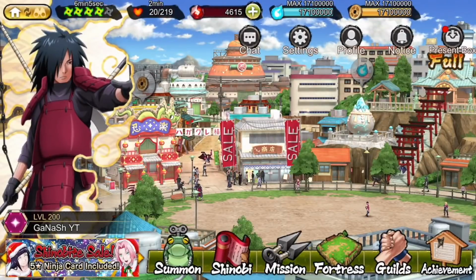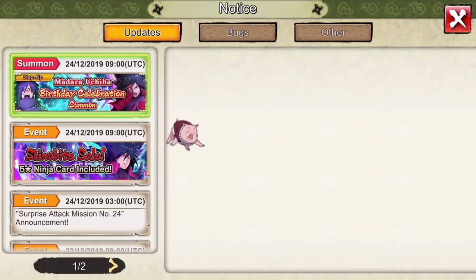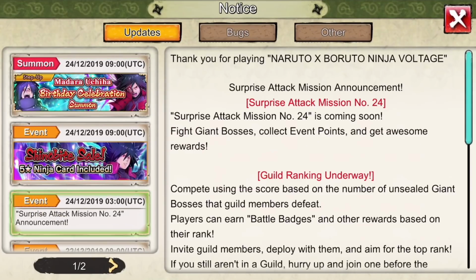Then let's go back to the announcement here, because we're having the surprise deck mission number 24 on Friday, the 27th of December. So in 3 days from now. What you want to know here is that there's going to be, of course, the 10 Tails as a Sand boss, and you're gonna have to deal a lot of damage to that Ten-Tails, get as many points as possible,